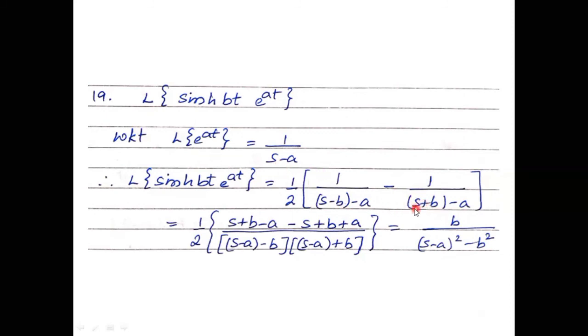Okay, and after taking LCM and all, you'll get like this. See, when I take LCM, you'll get s plus b minus a, and with this minus s plus b plus a, and after all cancellation, you'll just be left with b divided by so and so. Okay,